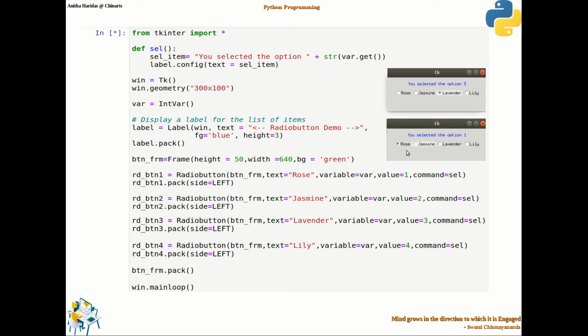So when I select the third option, it says you selected the option 3. When I select the first option, it says you selected the option 1.